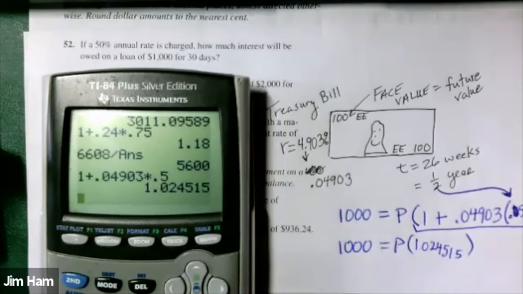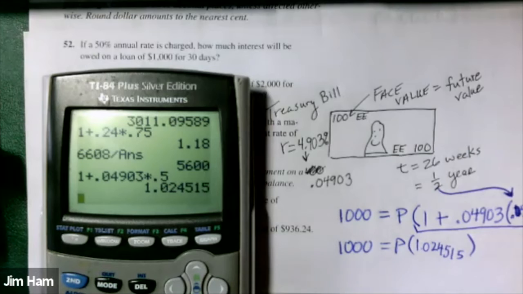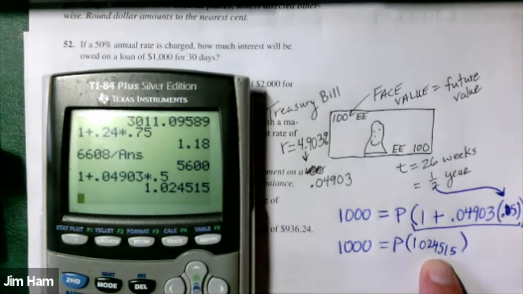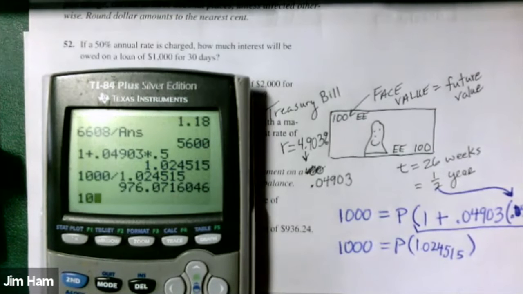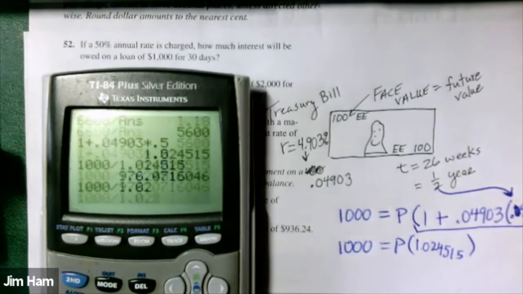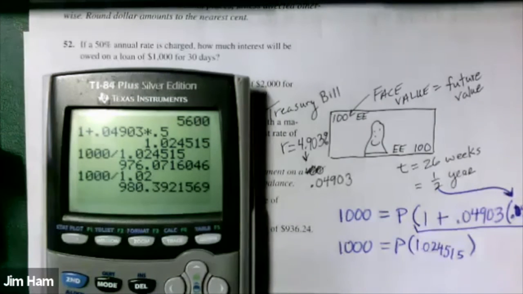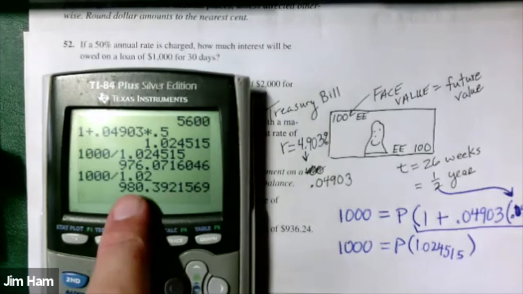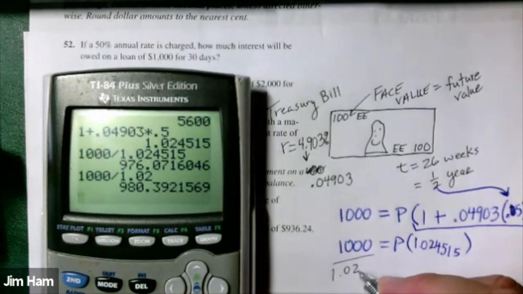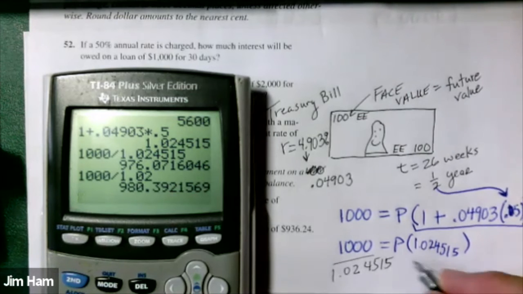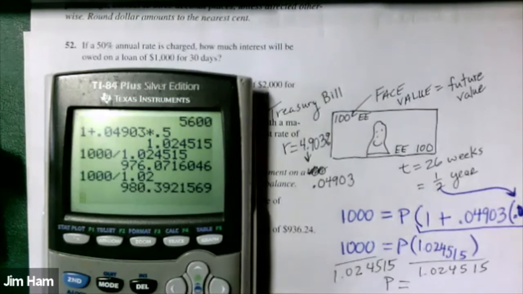1.024515. So the other thing that's going to make your life a lot easier is if you remember this simple thing: never round the intermediate results. For example, look at the difference if I take that 1,000 and divide by 1.024515 compared to if I just took that 1,000 and divided by 1.02. It's very similar, but in this case, a rounding error of $4 is a little bit too much. So don't use the second version rounding that number; keep the entire number. Divide both sides by 1.024515, and then you get P equals that first number there,